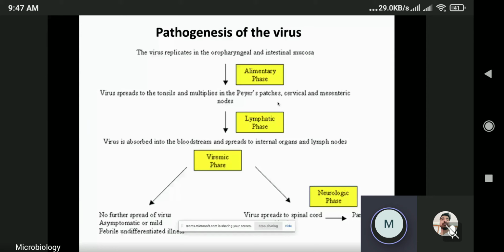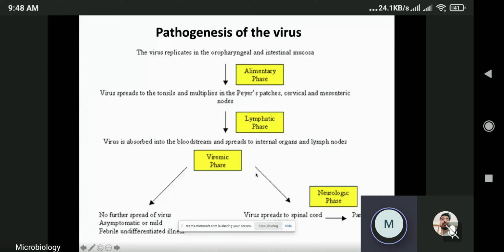Okay, and after some episodes of multiplication in the local lymph nodes in the GI, they finally enter into the bloodstream. That is called the viremic phase. Till now, the patient will not have any kind of symptom. Even in the viremic phase, in most of the cases, almost